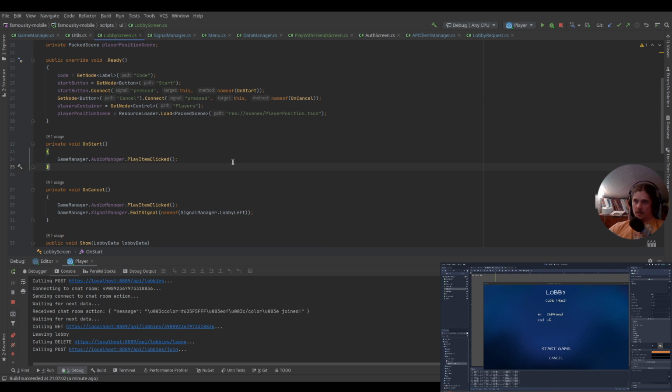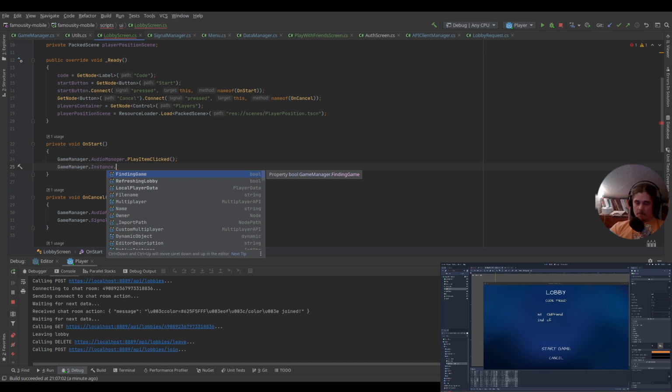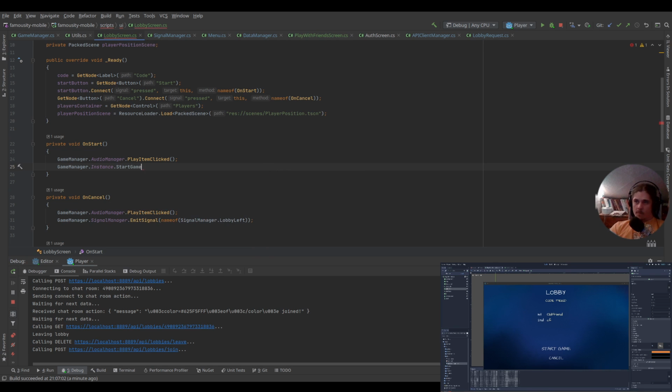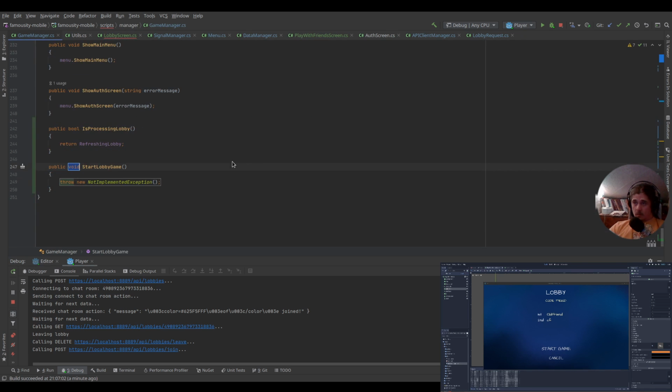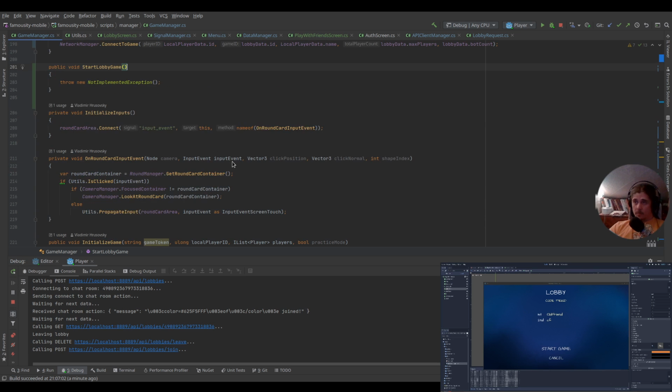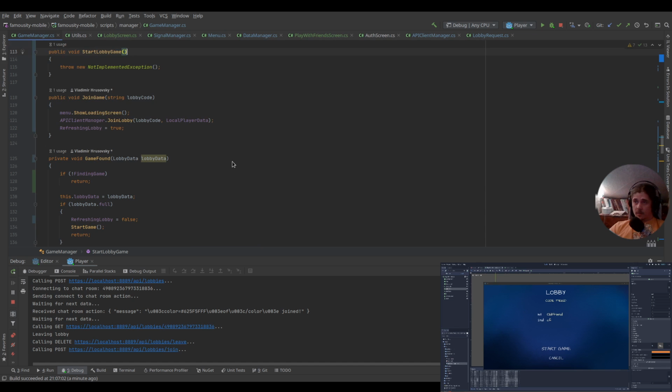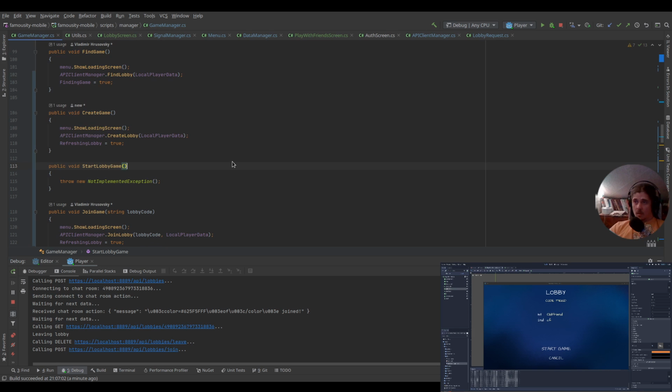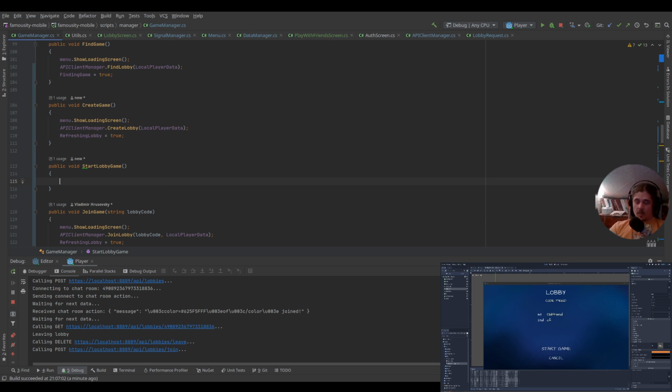On start. Okay, so play item. So we will go to game manager. So he will manage the stuff. Instance and let's call it start lobby game, so we know what's going on. Okay, let's move it up here to other similar methods here. Join game, game found. Okay, so find game. Okay, start lobby game. So this means that we have to again show the loading screen